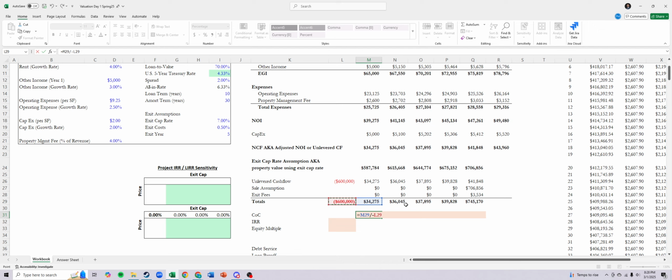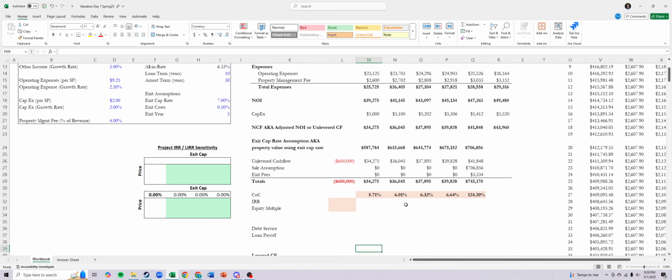Our outflow is already negative, so I'm going to put a negative sign in front of it. And let's see. That means we're making 5% or close to 6% of our initial purchase price off of year one. And we'll drag this across. There we go. So 5, 6, 6.3, 6.6. So nice steady growth. Cash on cash, you typically want to see around 7, 8, 9 is all right. Anything greater than that's super healthy. We're going to ignore the 124% because obviously